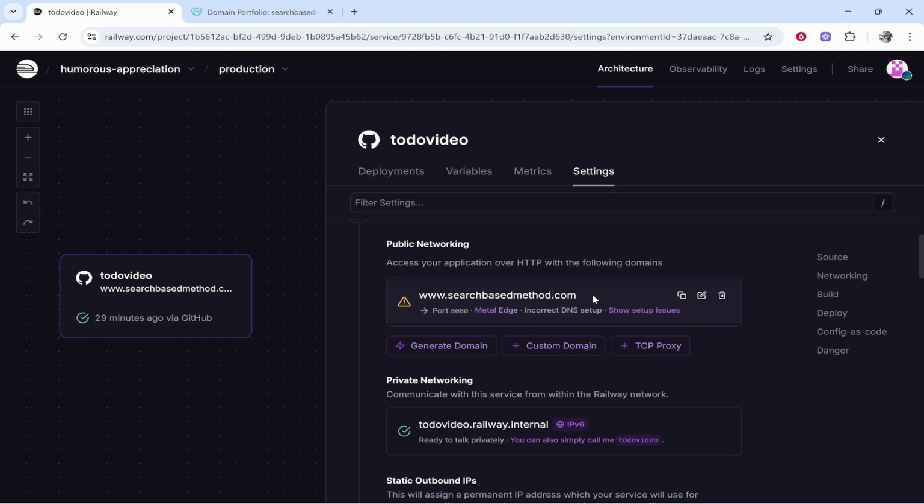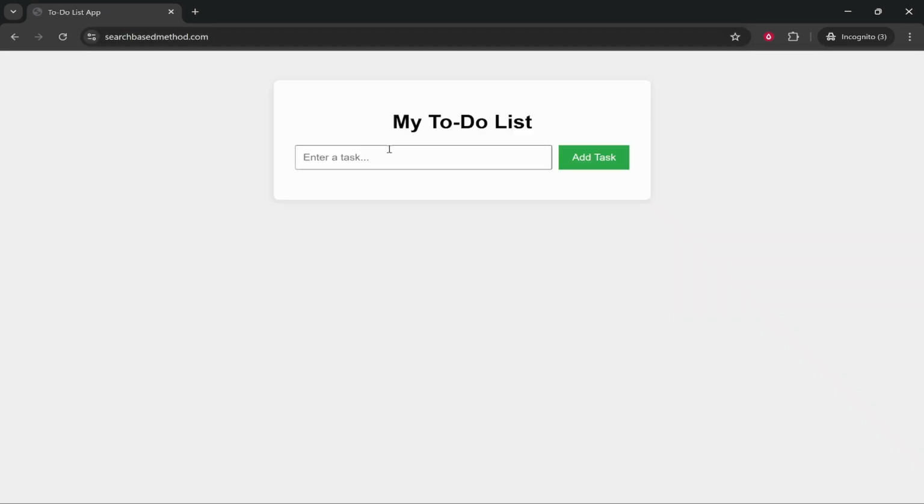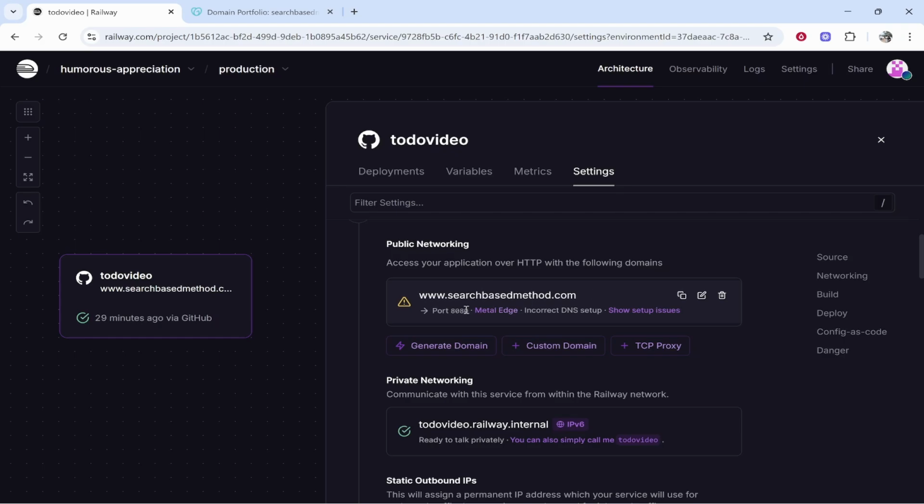Okay, so that took about 15 minutes, but it seems to be working now. It goes on and off from green to not green. But if we just copy it and then we go to incognito, when we paste it in, you can see now it goes to my to-do list. Now, one thing to note, we've just connected here